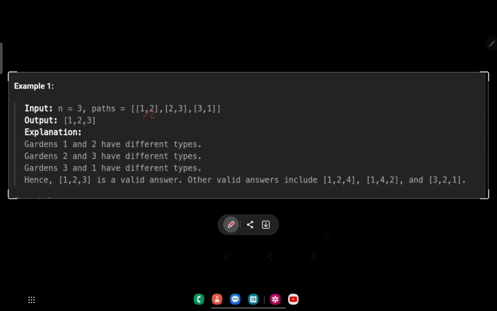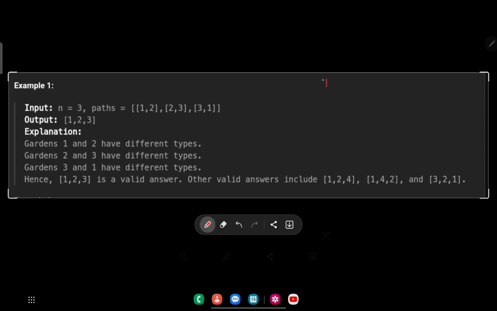Here is one of the examples in which there are 3 gardens. The answer will be 1 2 3, because if we take 1 as one of the nodes, it is connected with 2, then 2 is connected to 3, then 3 is again connected to 1. So this is the path, thus forming a graph. And if we take 1 as the starting node, consider flower 1 for it, flower 2 for node 2 and flower 3 for node 3, then